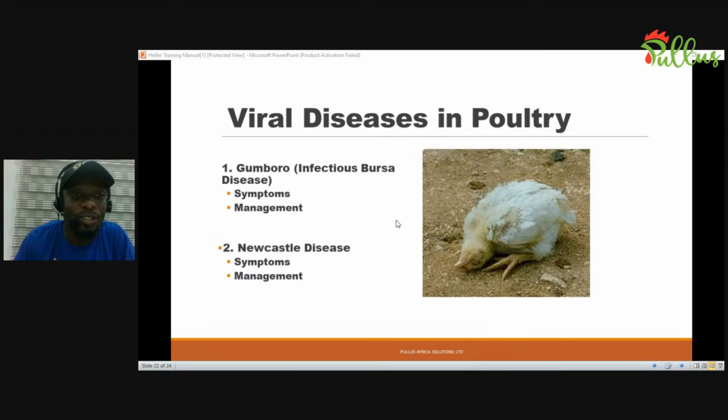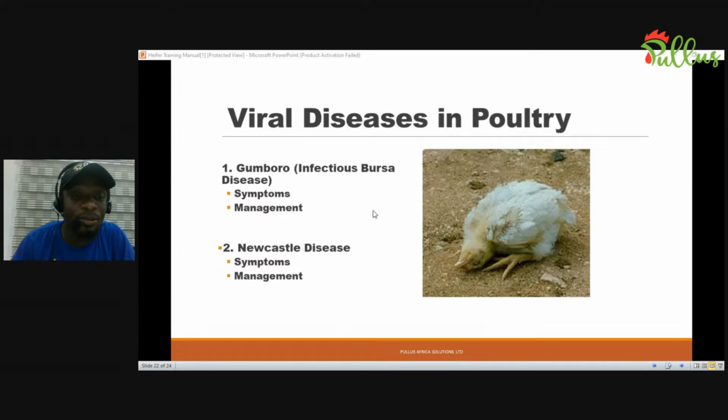As you can see in this image here, the head will turn, the head will be twisting. We call it torticollis. It's one of the very, very clear signs of Newcastle. When you see that, you know most of the time that you're dealing with Newcastle disease. Like I said, sometimes it presents itself with respiratory problems. Sometimes it presents itself with paralysis, which is the neurotropic sign, which affects the neural system. But commonly, at the terminal stage, birds will start showing the symptom of torticollis. Their head will be twisting.